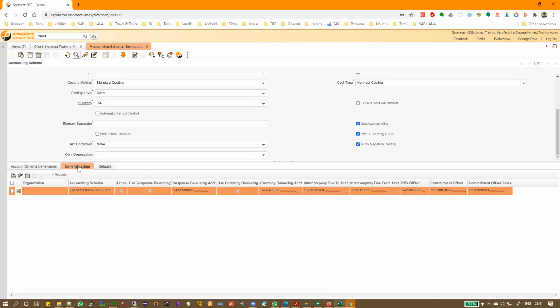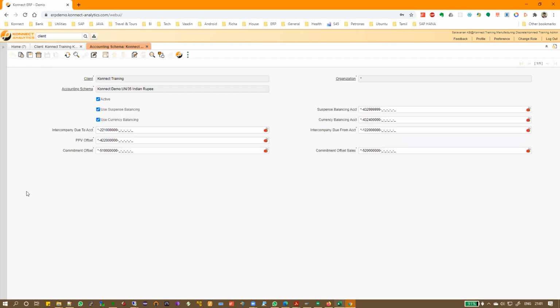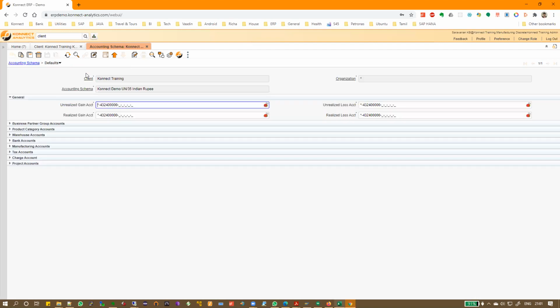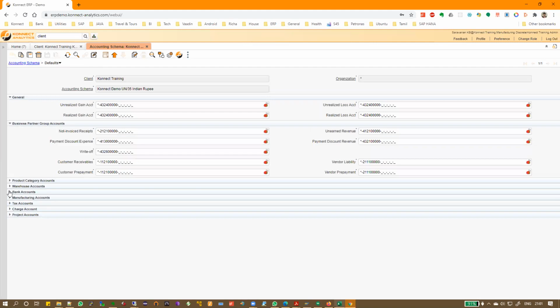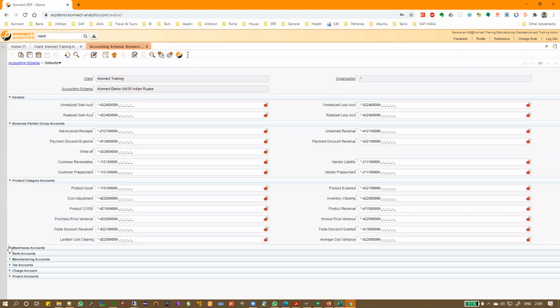Then the general ledger. Basically it is the account dimension. What is the general ledger you are going to have? We will come to this in a bit, what is this mapping and all that. But before that, understand that there is a tab called general ledger here, and then there is something called defaults. There are a lot of account mappings you see, right?